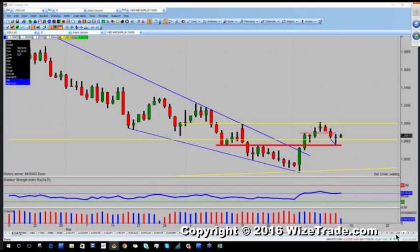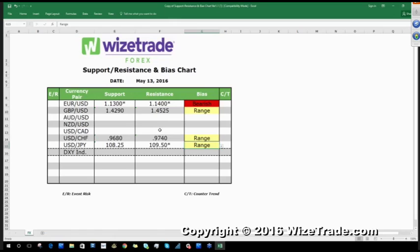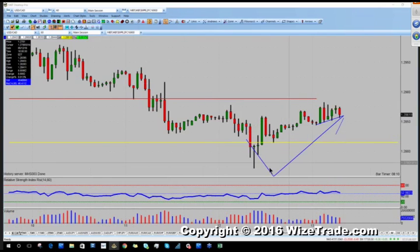Now, what we're approaching is resistance. So let's be really careful here. This resistance is at basically 129. So if we get above 129 today, that would be a pretty bullish event for the Canadian. Support, I'm going to say that any dip now to 128 is going to be bought, because if you were short the dollar Canadian yesterday,